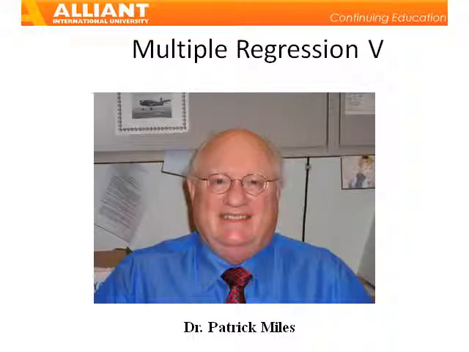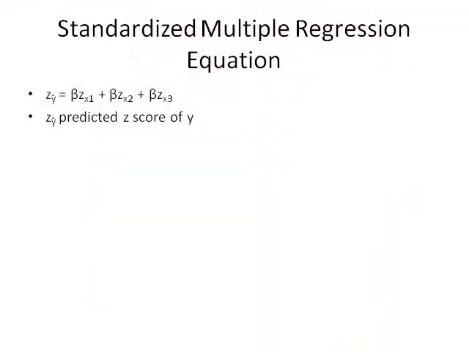In this class, we will discuss how we use the multiple regression equation when all variables are in their standard score form, or their raw scores are converted to z-scores. When scores on the predictors and the criterion are in their standard score form, the basic multiple regression equation changes